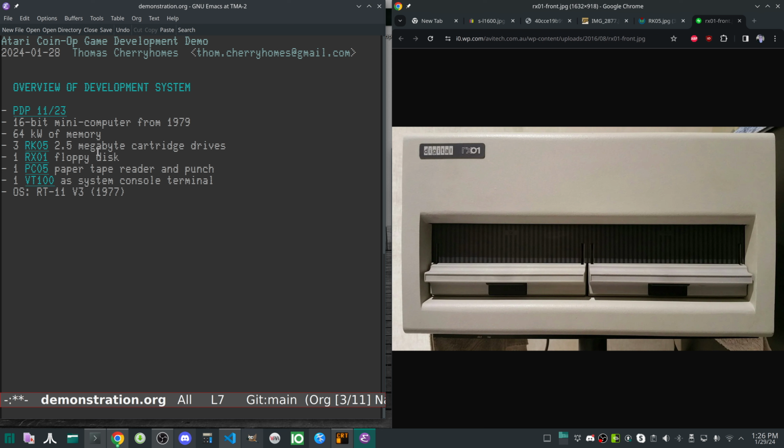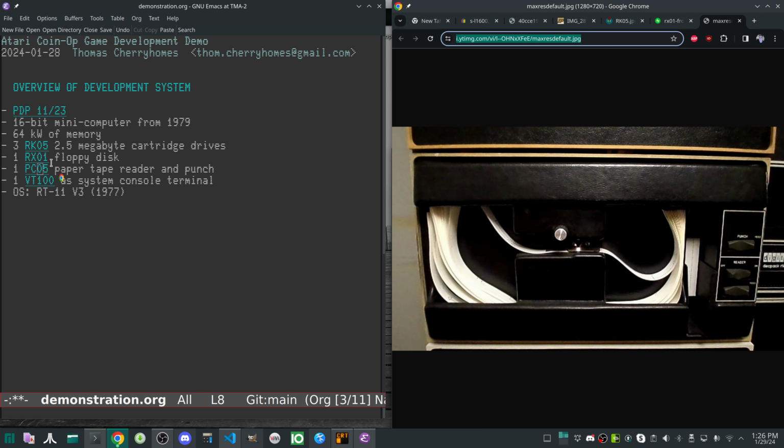So we're also going to need a way to get data out, because we're not going to be able to take this RX01 floppy and bring it over to our development system to read it. It accepts paper tape. So we're going to need a paper tape reader and a punch. We're going to be using a DEC PC05 as the paper tape punch here. This device right here in the middle is the reader, and it basically takes a